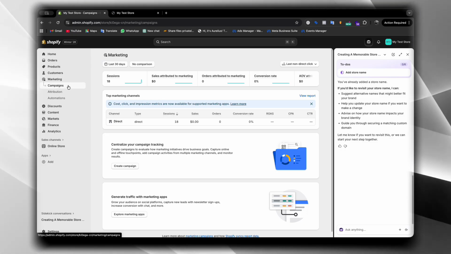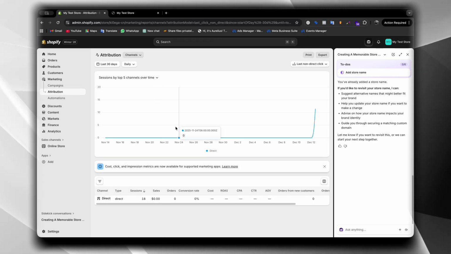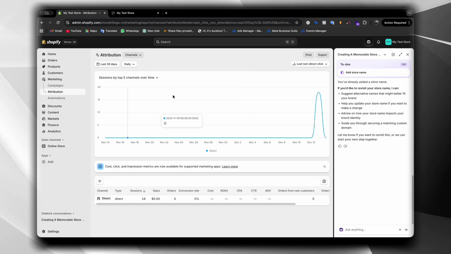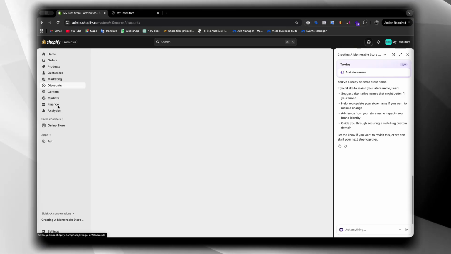You can also check your campaign and attribution, this is the overview. There is no data, that's why you are seeing it blank, because this store is very new. Okay, so discount,